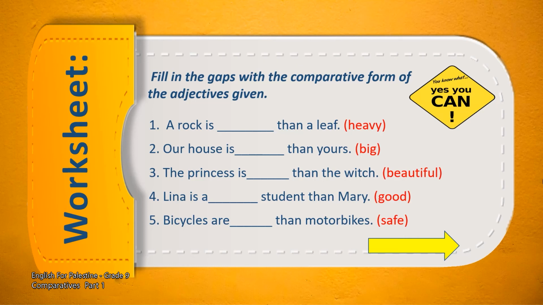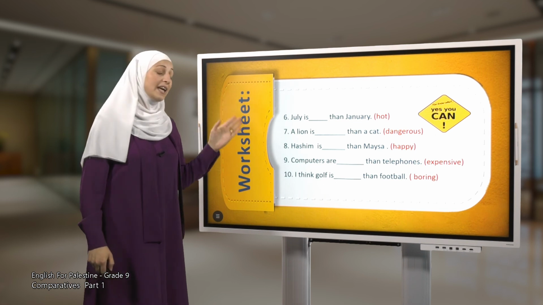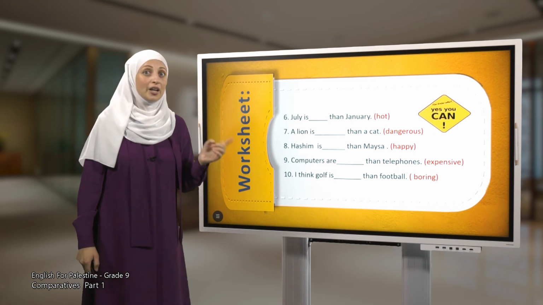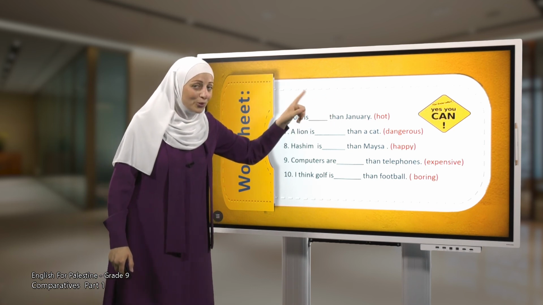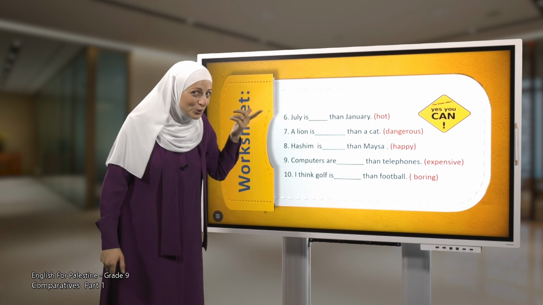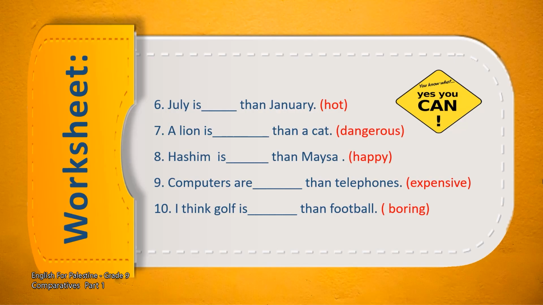Be careful, good is an irregular adjective, so be careful while you are doing it. Number 5, bicycles are than motorbikes, safe. Number 6, July is than January, hot. Be careful that you have a vowel in the middle before the last consonant. What should you do? Number 7, a lion is than a cat,